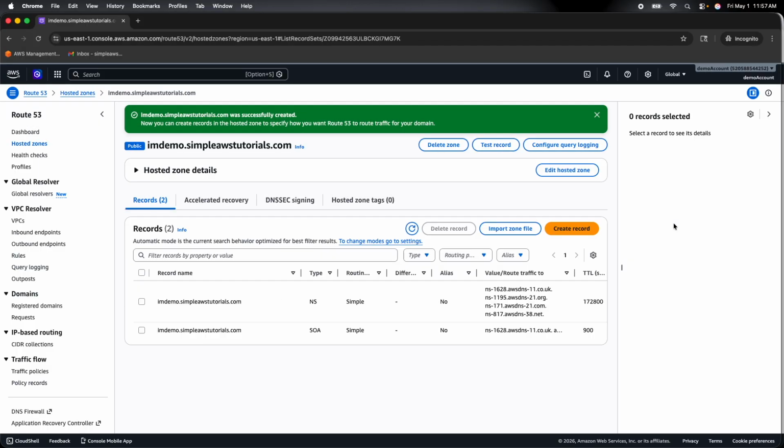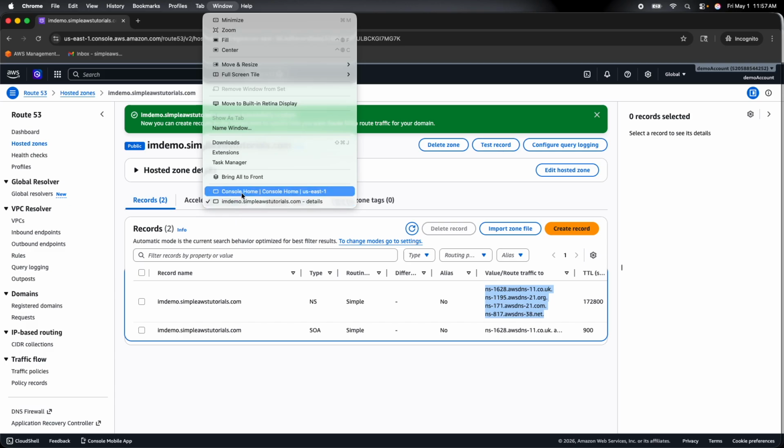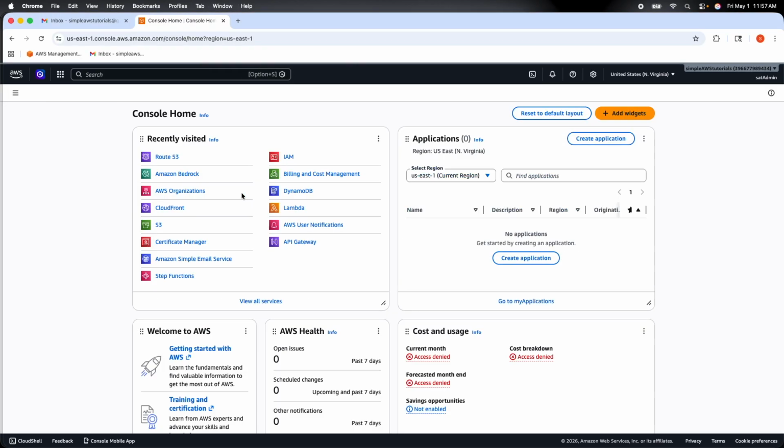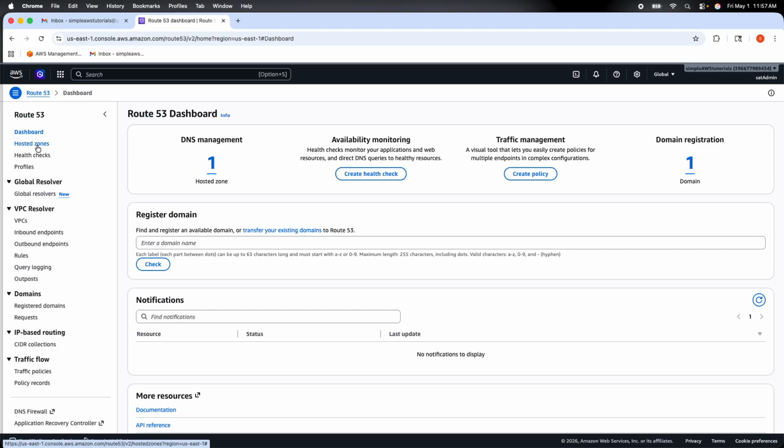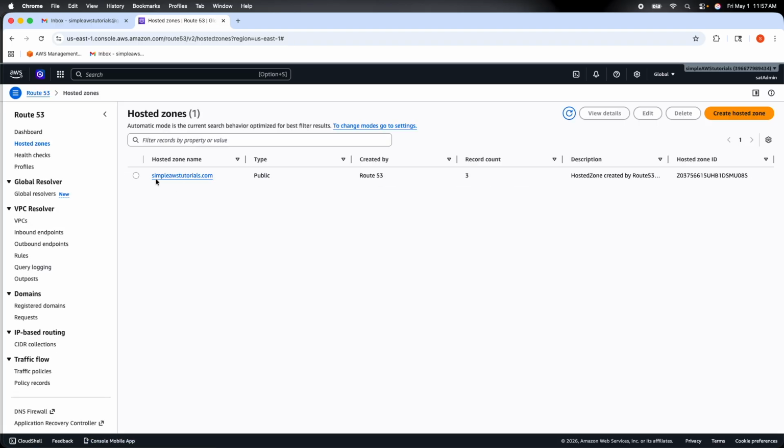As soon as this zone is created, AWS creates these name servers for us. So I'm going to copy these name servers into the hosted zone of our simpleawstutorials.com domain. If I go to my management account, because the management account is actually controlling the base domain, simpleawstutorials.com, and go to Route 53 and hosted zones, you can see this domain is controlled by our master management account. So I click here,